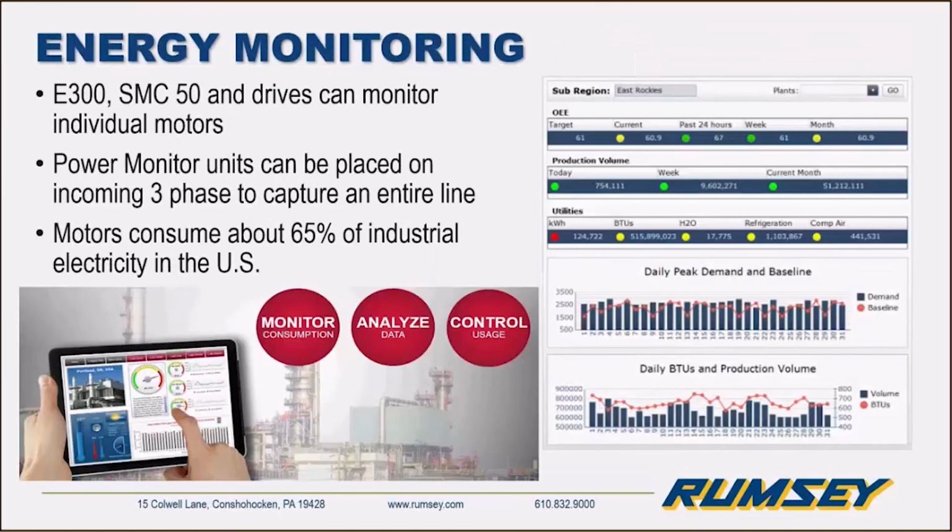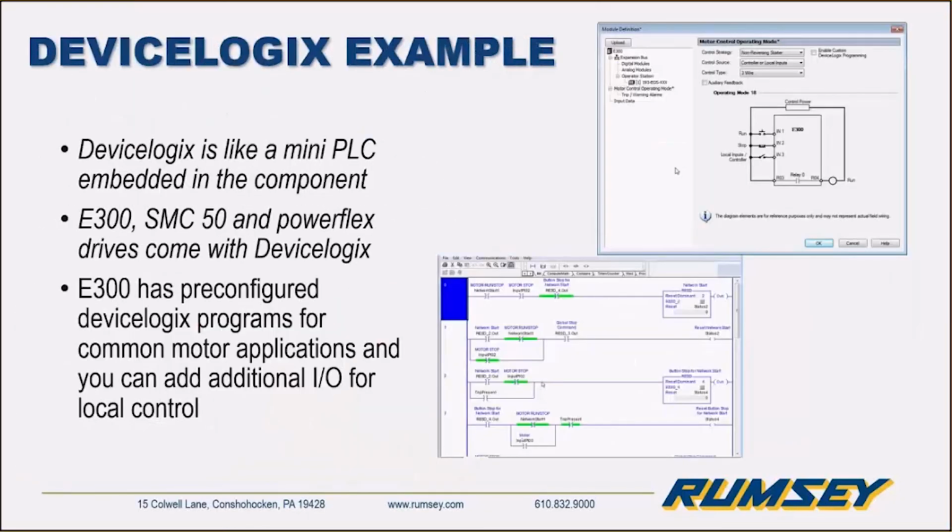Okay, so here is DEVICELOGIX. So DEVICELOGIX is like a mini PLC that gets embedded in these components. So the E300, SMC50, PowerFlex drives have this feature. And this can be very helpful. You see some screenshots there of the programming, what it looks like. Let's say you have some remote motors or remote pumping stations, and you put one of these devices in there, and you don't want to get into